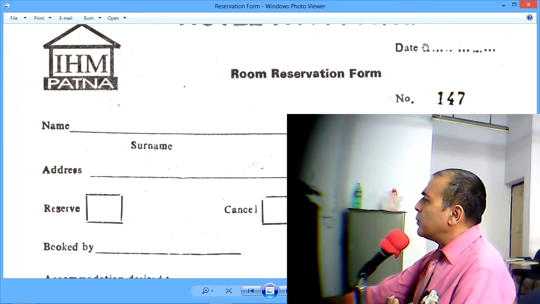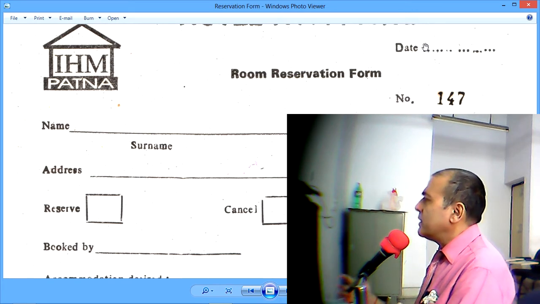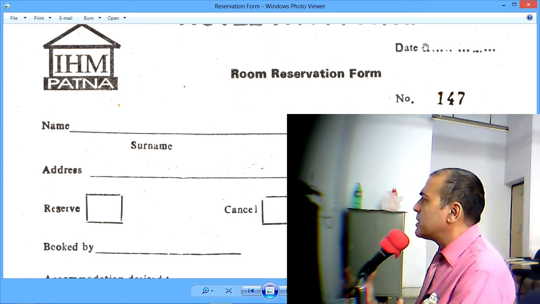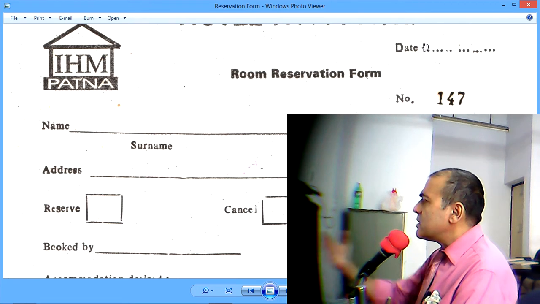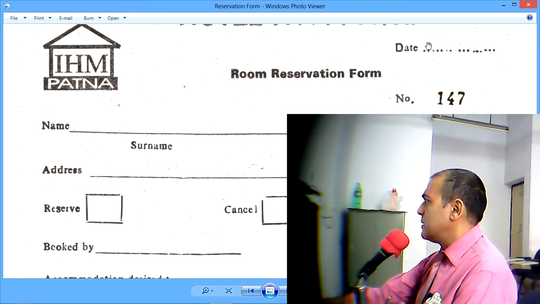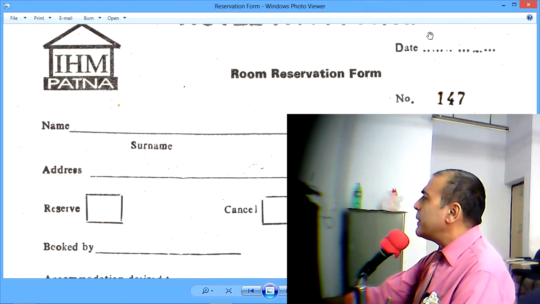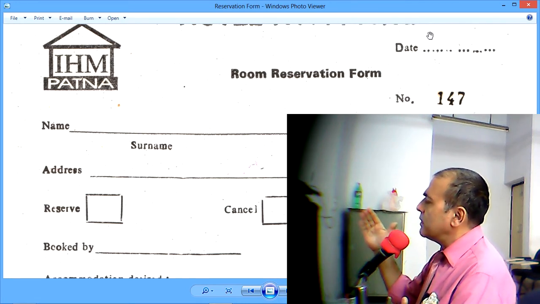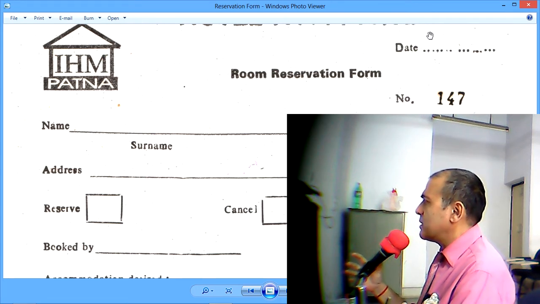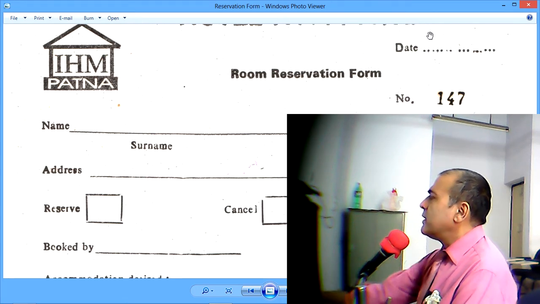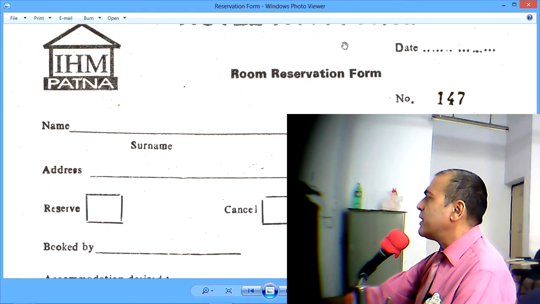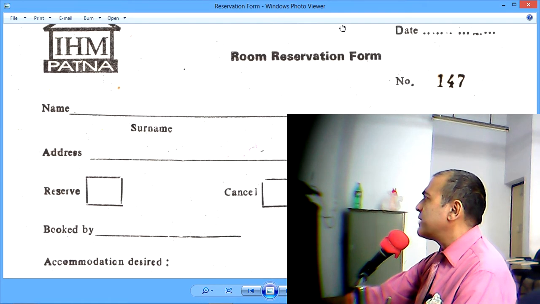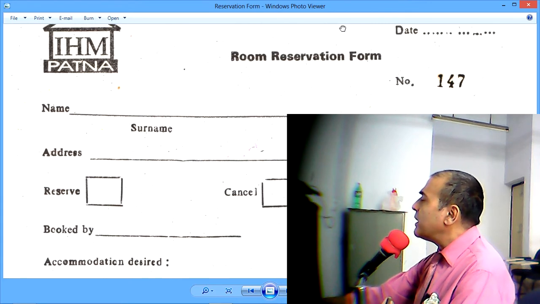In case the booking is from the same country, the guest is a domestic guest, then this date is the same as the call date. But sometimes the call may be international and the dates of the caller's country and the hotel's country may be different. In that case, this date has to be filled very carefully. And also, this will have an effect on the arrival date.